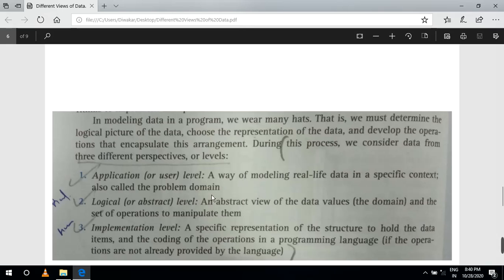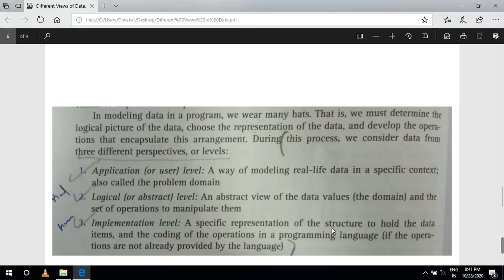Next you just say for logical பேஸ் பண்ணும்போது என்ன டிக்ளேர் பண்ண, abstract னு பேஸ் பண்ணி information id க்கு நான் உள்ள இன்க்ளூட் பண்ணும்போது you have to create for a particular security. அப்ப என்ன இருக்கு, an abstract view of data values that domain and the set of operation will be manipulated. இதுதான் நான் யூஸ் பண்ண முடியும், ஏனா வந்து we are calculated for a adding the implementation of a detail. What all the details you have to implement for a particular logical level based on application, based on a specification, based on implementation. In entire process we are calculated for a logical process.